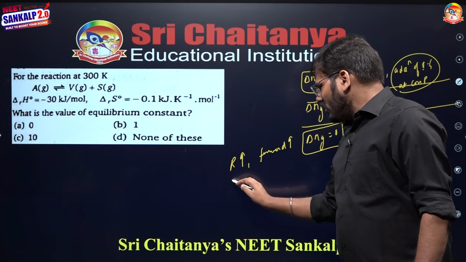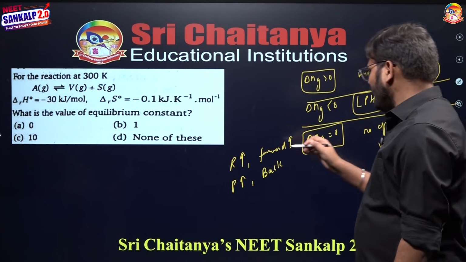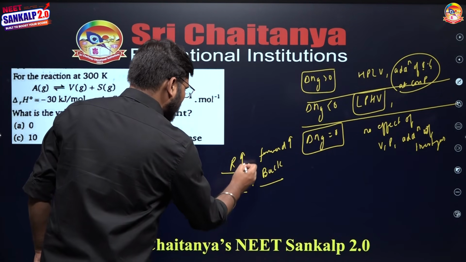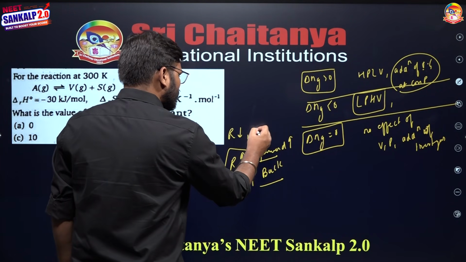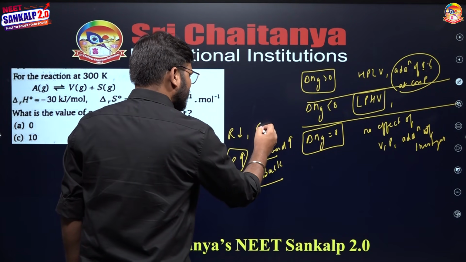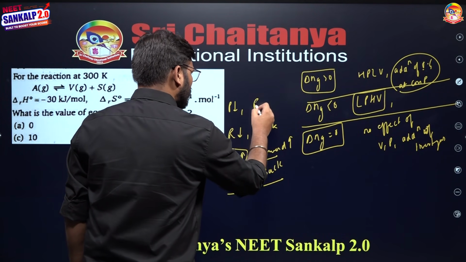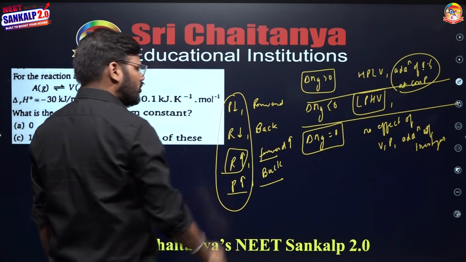If you are adding product, then it will go in the backward direction. So again I will write this. Adding product, backward direction; adding reactant, forward direction. If you remove reactant, it will go in the backward direction. If you remove product, it will go in the forward direction. But these reactant and product have to be part of the equilibrium